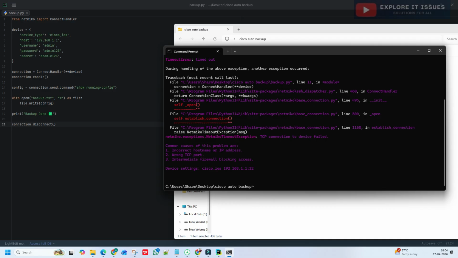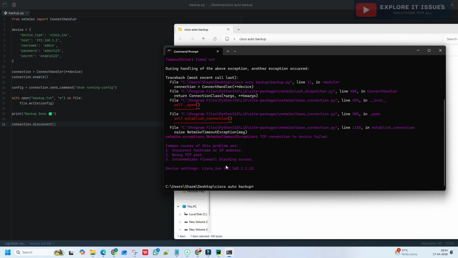We have created the name Cisco iOS devices, host. This is already wrong; the host, username, all the things are just examples. So once you have created this file and run it in the actual live environment, after changing this, you get the backup file from your Cisco devices automatically.